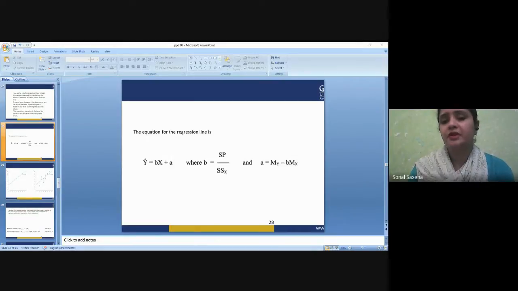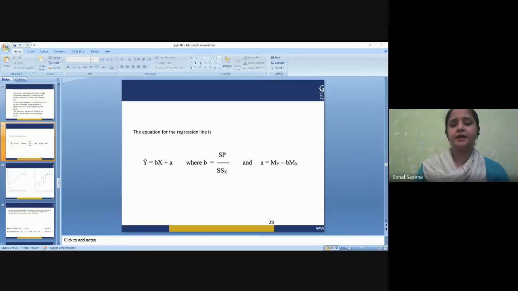Now the relationship between these two variables is said to be deterministic if one variable can be accurately expressed by the other. For example, using temperature in degrees Celsius, it is possible to accurately predict the temperature in Fahrenheit. So a statistical relationship is not accurate in determining the relationship between the two variables. For example, the relationship between height and weight. With the help of the height of some person, you cannot predict what their weight will be. Or with the help of weight, you cannot predict the height of the person. So these are statistical relationships, which cannot be predicted exactly.